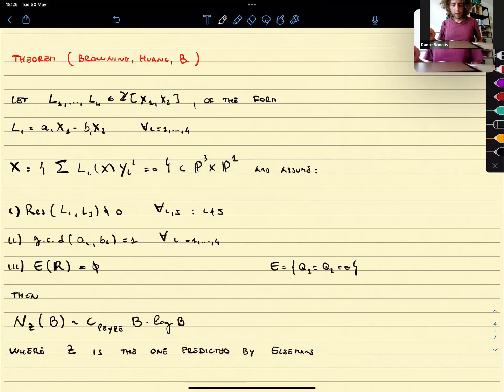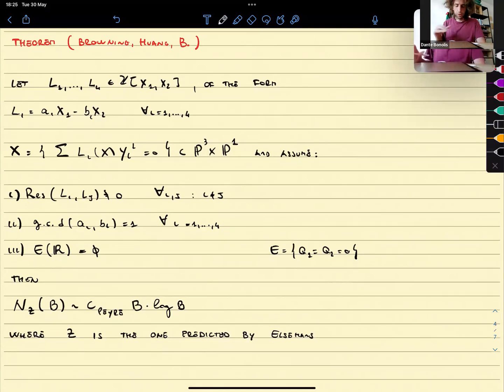Then we need to have these 4 assumptions. The first assumption is that these Li and Lj are not proportional if i is different from j. Then we have the assumption that the Li have coprime coefficients. And finally, E is the intersection between the 2 quadrics, and we require this intersection has no real points. And if all these conditions are true, then we can prove the Manin-Peyre conjecture for this Fano threefold, where the